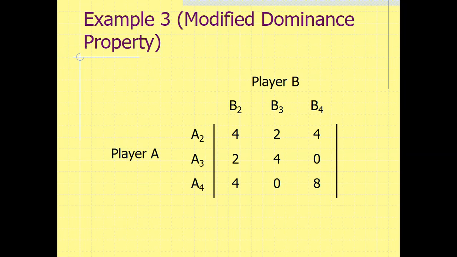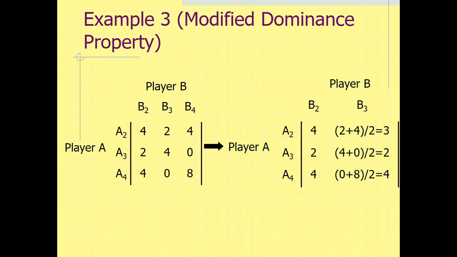Further, in this matrix, the convex combination of the elements, that is the average of the elements of the second and third column, are 2 plus 4 by 2, 4 plus 0 by 2, 0 plus 8 by 2, that is 3, 2, 4, and the elements so obtained are less than or equal to the corresponding elements of the first column. Therefore, player B would prefer to play the convex combination of B3 and B4 in comparison to his strategy B2. Accordingly, strategy B2 is deleted and the game is reduced to